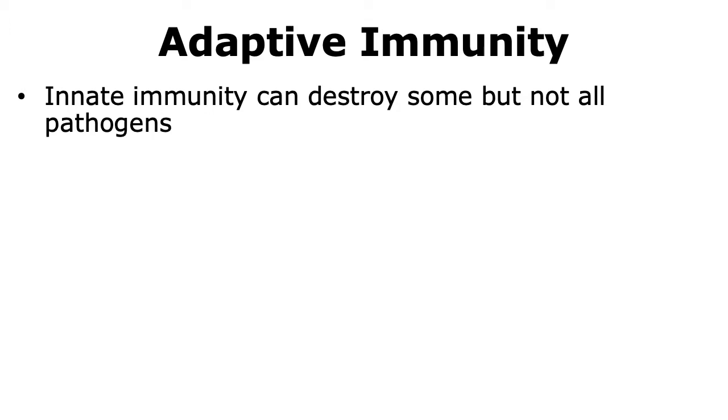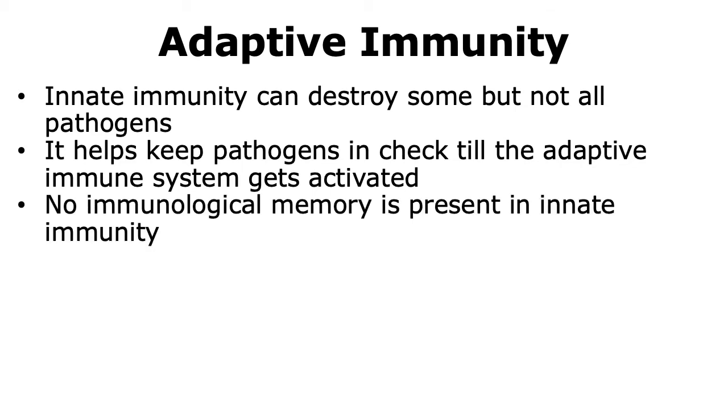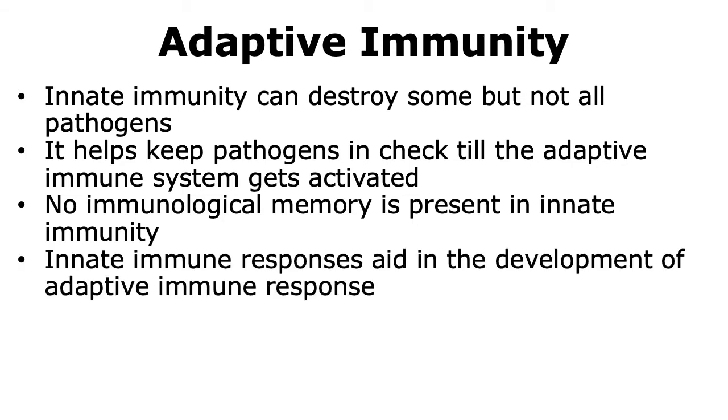We all know that innate immunity is the first immune response that is mounted in response to a pathogen. And innate immune responses can destroy some, but they're not effective against all pathogens. The innate immune response helps keep the pathogen numbers in check till the adaptive immune system gets activated. We know that innate immunity does not have any immunological memory. And finally, it should be noted that the innate immune response is necessary because it helps in the development of